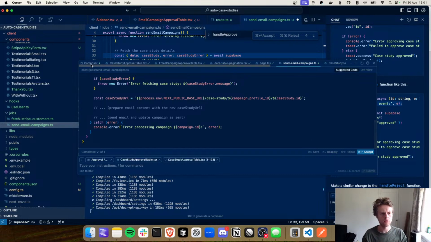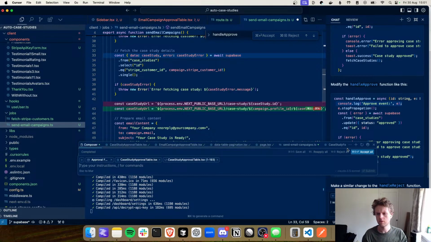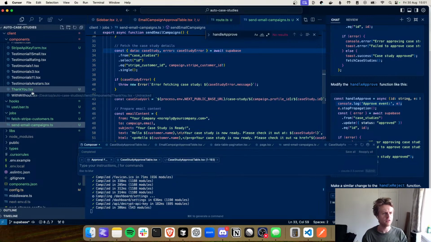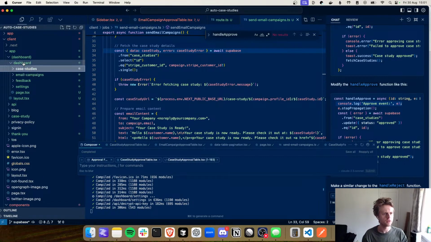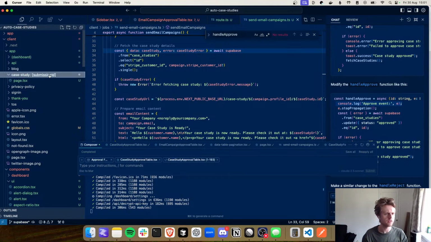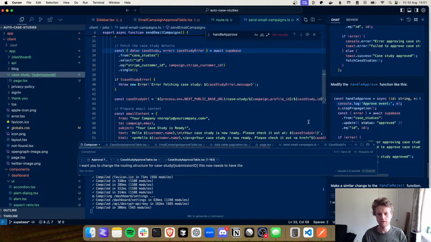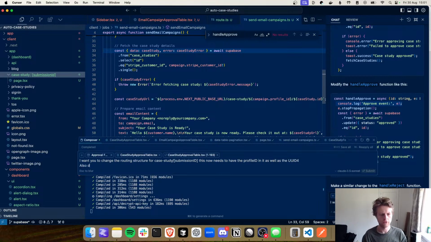And then accept all those changes, and then we should have also got a change to the routing structure for the case study. Oh, we didn't get that. I want you to change the routing structure for case study / submission ID. This now needs to have the profile ID in it, as well as the UUID for. Also,